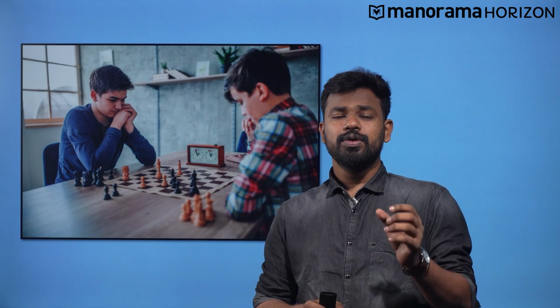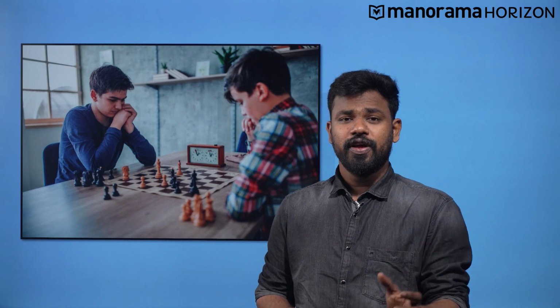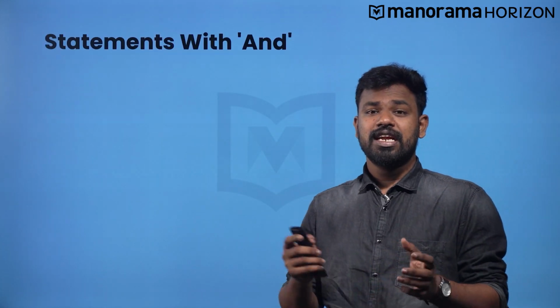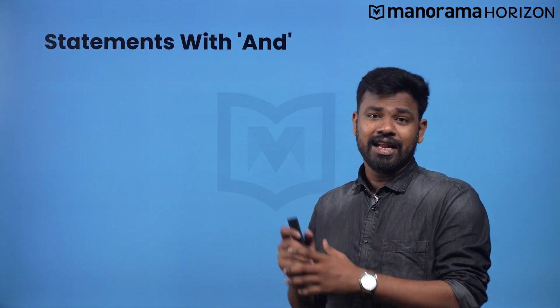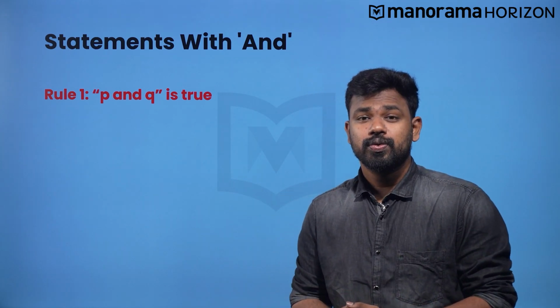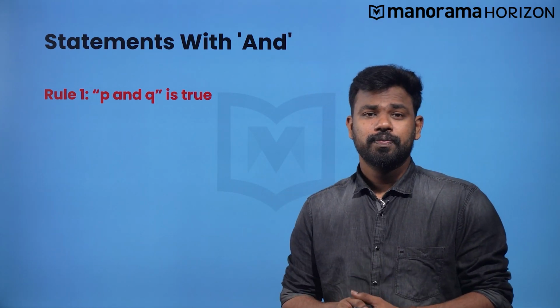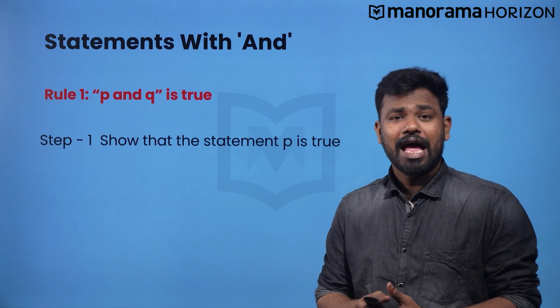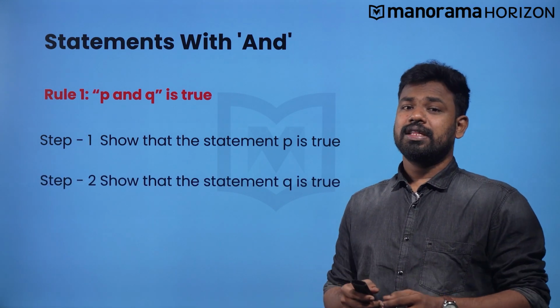Similarly, according to the usage of special words, quantifiers, and conditions, there are some rules to validate statements. Now, let us start with statements having the special word "and". To show that P and Q is true, the following steps are followed. Step 1: show that the statement P is true, and step 2: show that the statement